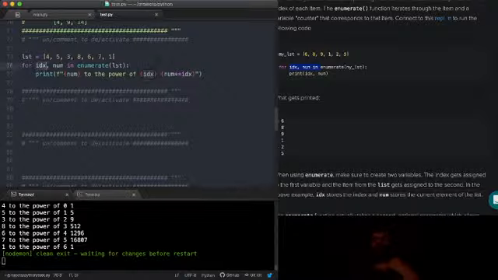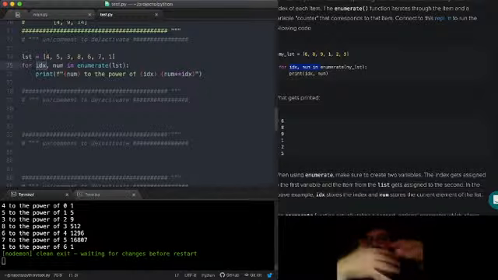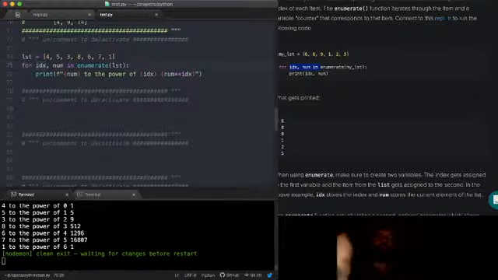A lot of times you'll use an index in a solution, but you'll add one or subtract one from it and use it in whatever way. So enumerate takes an optional second argument. The first argument is always the collection that you're enumerating. And the second argument tells it where you want the index to start. So let's say I want it to start at 1, right? We'll just raise these all by 1.